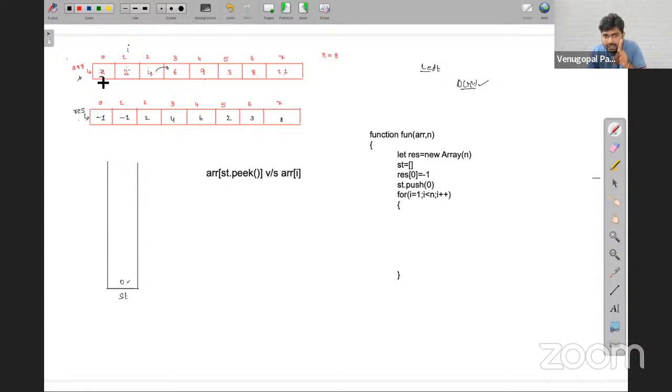See whether this element is big or small compared to array of i. Here, the top of the stack, that is ARR of st.peak, is 7. And array of i is 2. Now tell me, is this 7 small or big? Big.